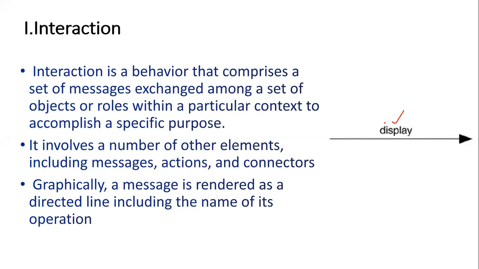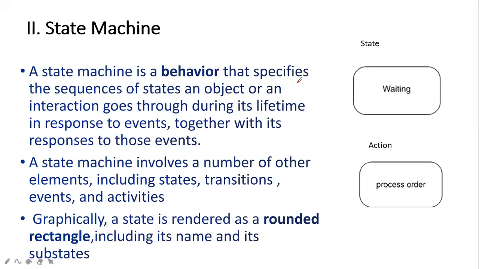So the second one is the state machine. Now, what is the state machine? A state machine is a sequence of states. If I say I have arranged a meeting, that is the first thing. Now the second step, I am waiting for students. So first I arranged a meeting, I was working on that. The second stage is that I am waiting for that now. So that is a state.